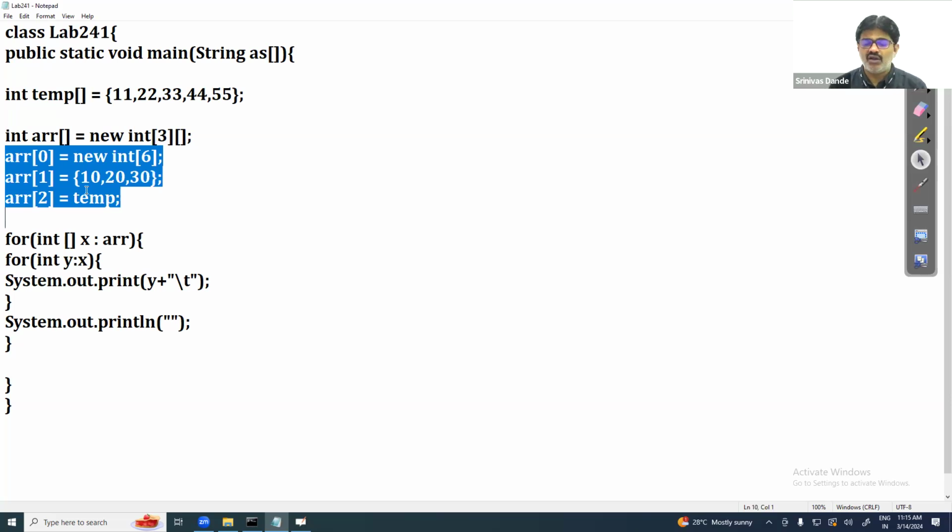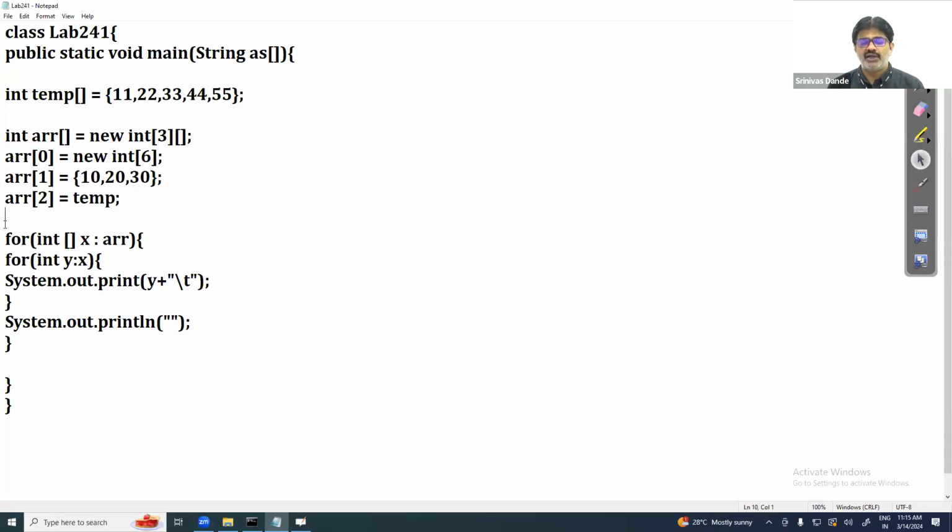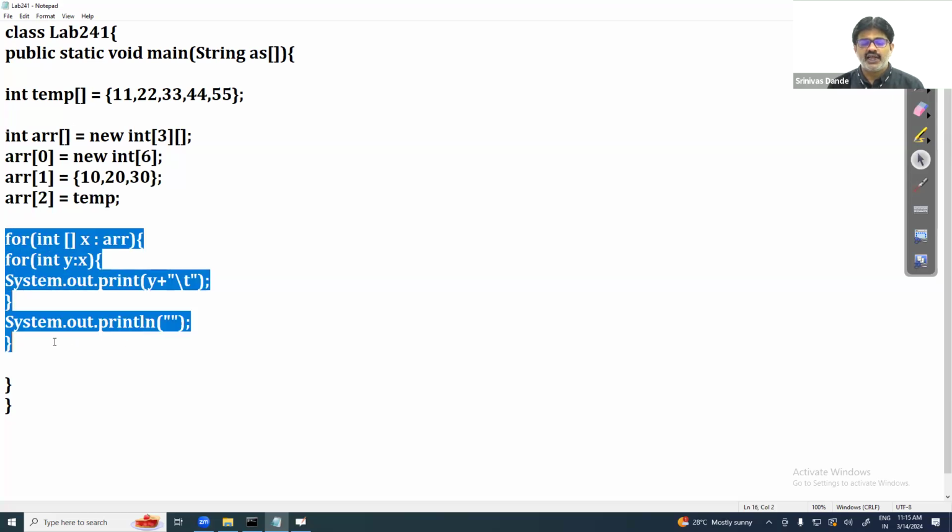So whether I am initializing all 1D arrays or not? Yes. Explicitly, I am constructing 1D arrays and initializing them with different sizes. My first 1D array with index 0 is size 6. Second 1D array of index 1 is size 3. Third array with index 2 is pointing to the temp address, which is size 5. So now, is this my code for printing that 2-dimensional array? Using the enhanced for loop, same code, can I use it? Any changes on this? You can use the same code,